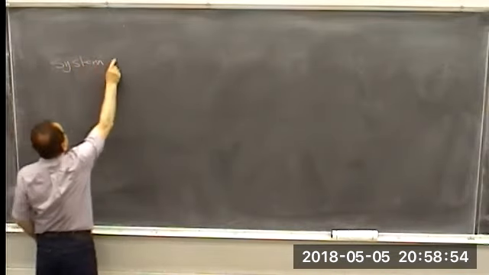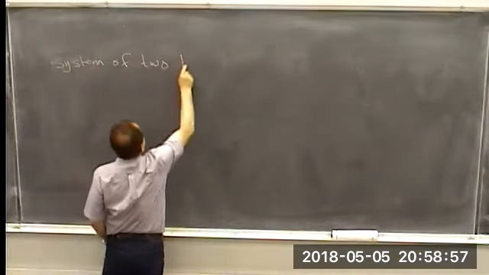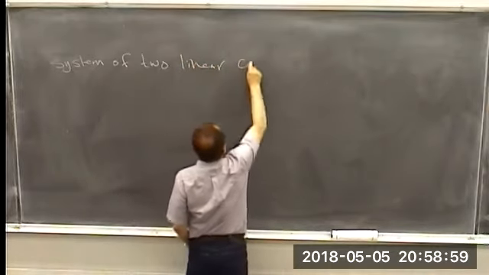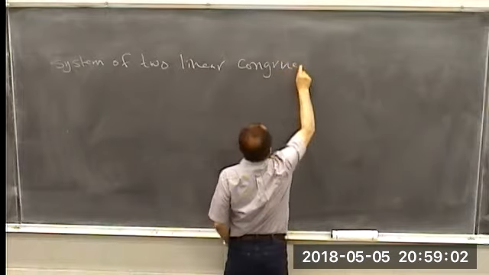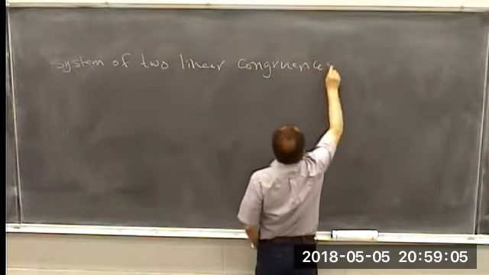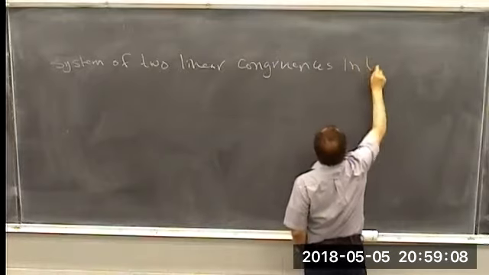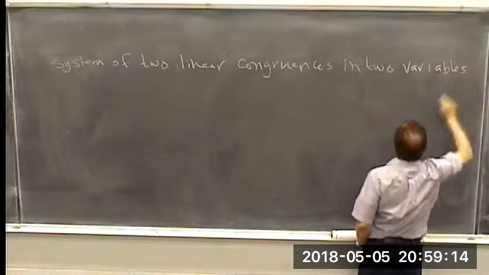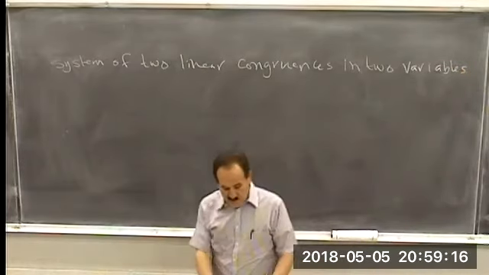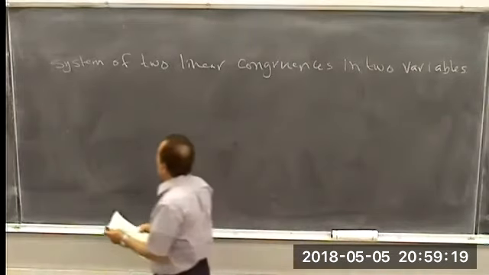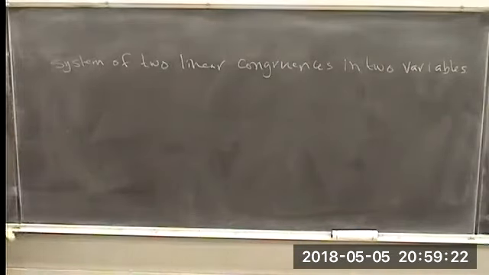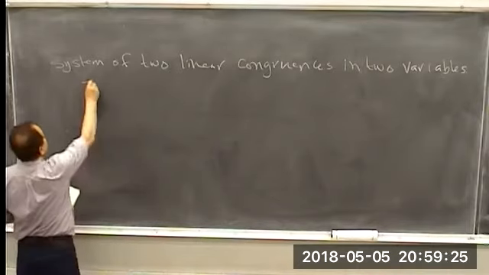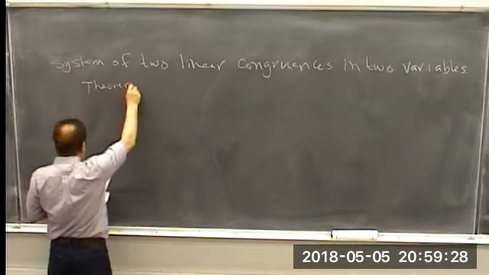Let's just concentrate on systems of 2 linear congruences in 2 variables. And I want to state the theorem, and you're going to see the similarity of this to ordinary systems of linear equations. So this is theorem 4.9,